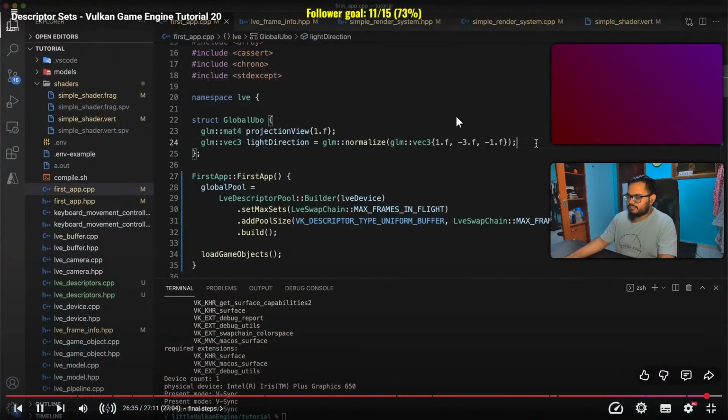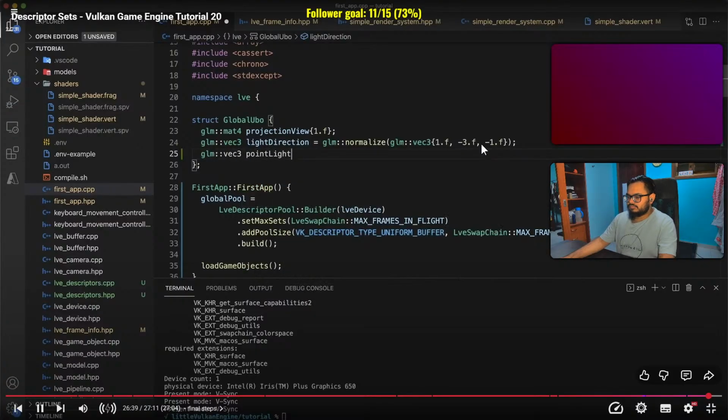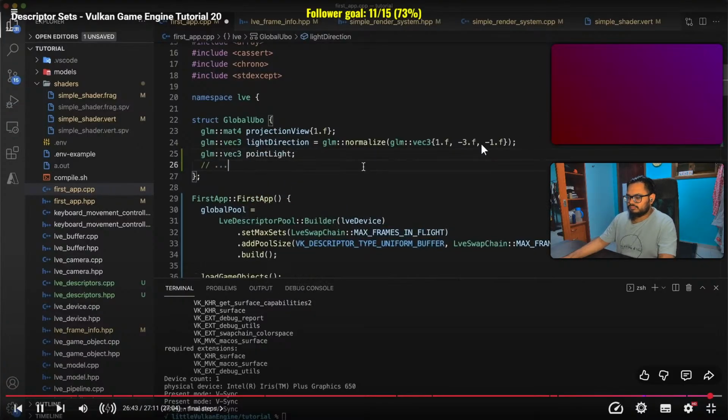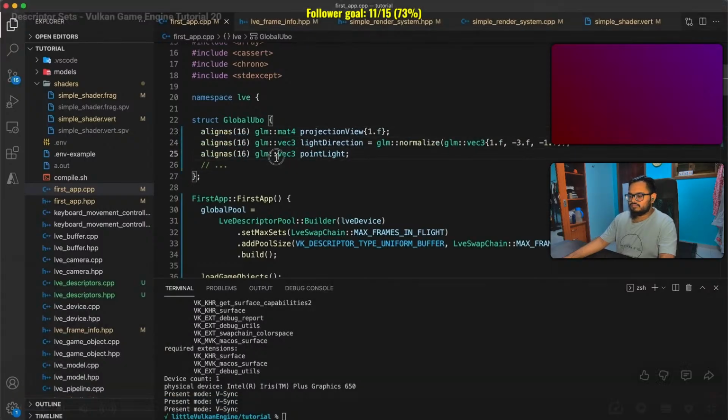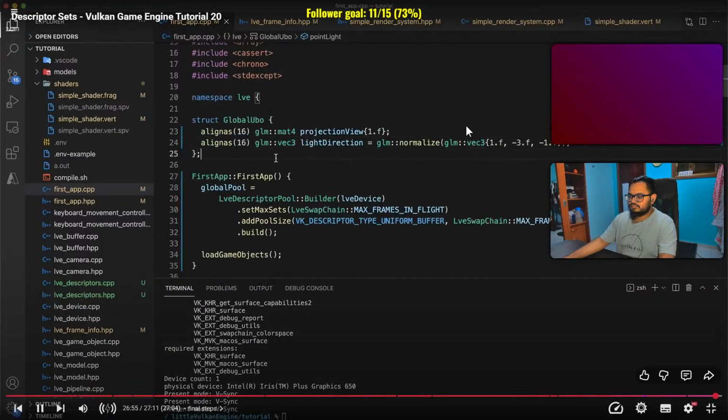You can pass in pretty much as many fields as you may want into the global UBO struct, such as multiple point lights and whatever else. One thing to keep in mind is just remember that we have the same alignment requirements as push constants. Also, one last thing you may have noticed is that I never cleaned up the global descriptor set objects, and this is because they'll be automatically destroyed for us when the